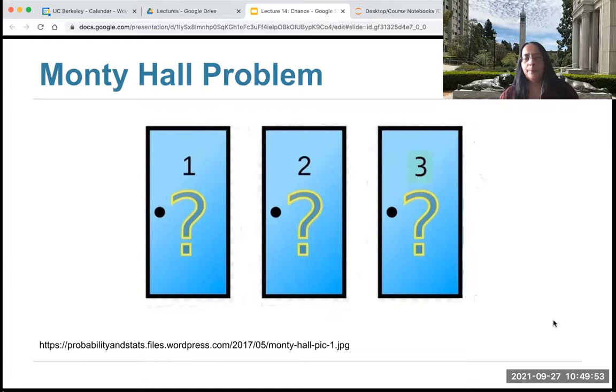What Monty does is he extends the game a little bit. So you pick a door, say you pick door 1. What Monty will do is look behind doors 2 and 3. Now, do you agree that behind at least one of those doors, the 2 that you didn't pick, at least one of them has to have a goat behind it?